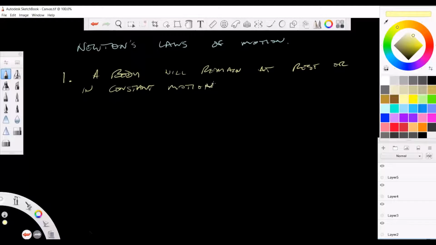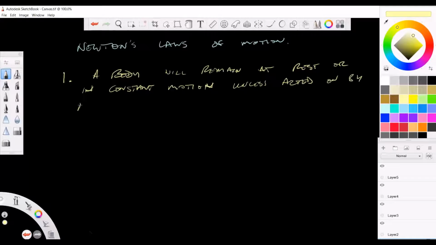So if you saw the math this morning, or go over the math this morning, we talked about vector quantities. So the vector doesn't change. If its direction changes or its speed changes, it's not in constant motion. Okay, it will remain at rest or in constant motion unless acted on